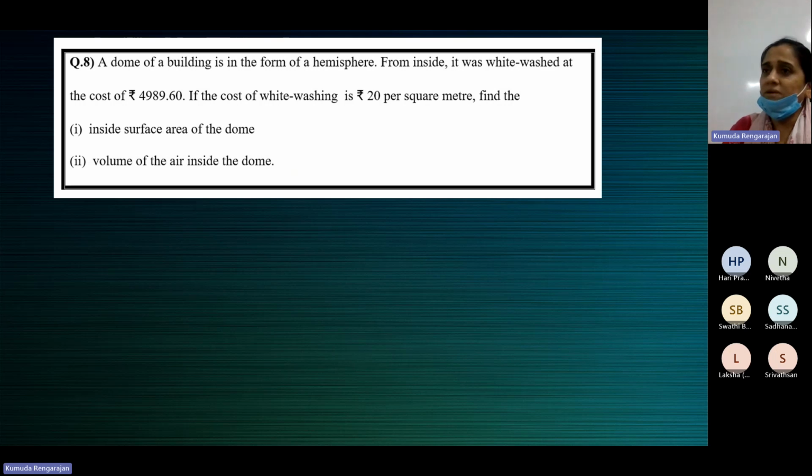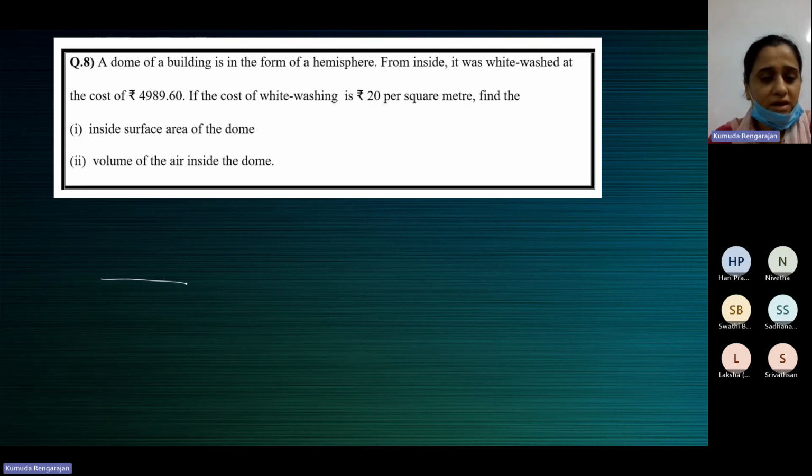Because the circular portion will be open. The circular portion of the dome will not be closed, no? Otherwise, you cannot see the dome. Just imagine that the ceiling had a dome. Then the circle will be open. If that circle is also plastered, then you cannot see the dome, right? Just imagine,